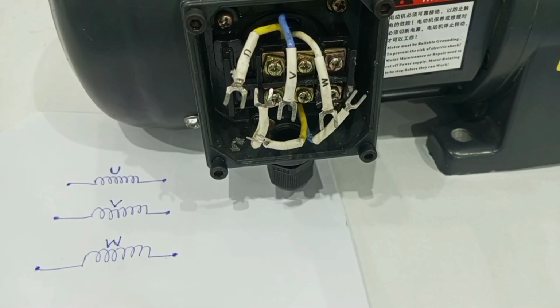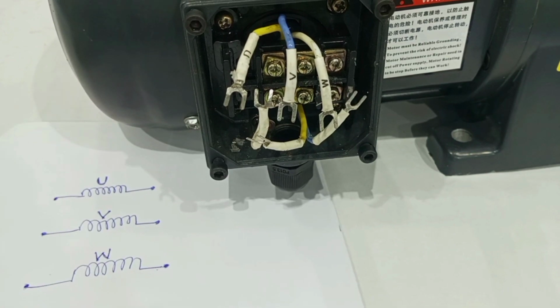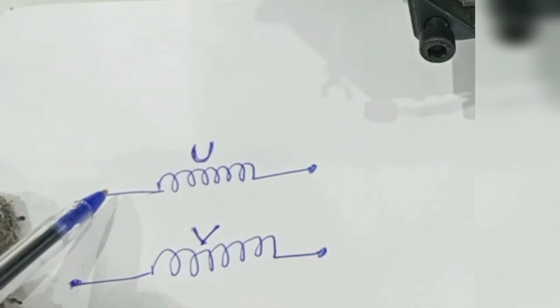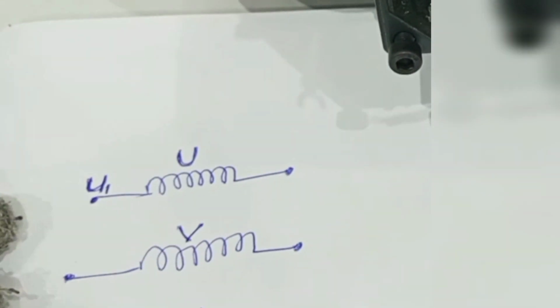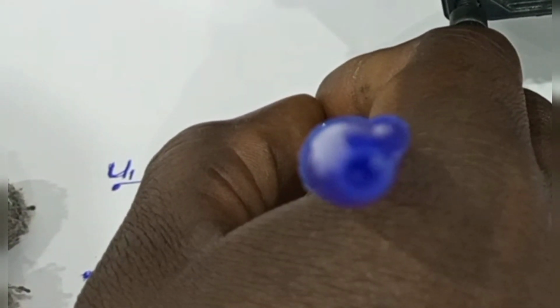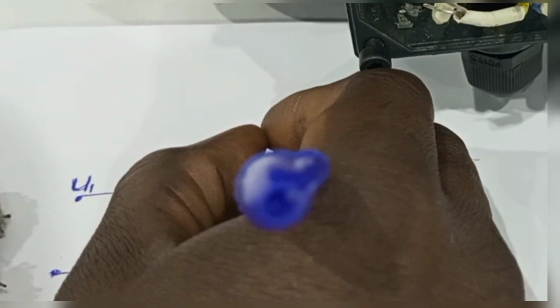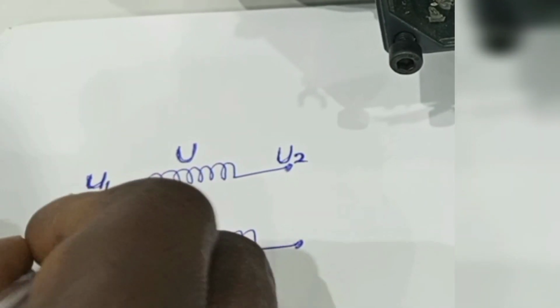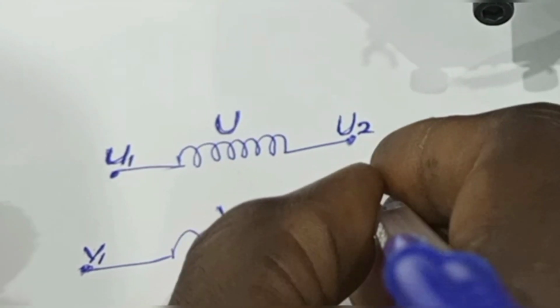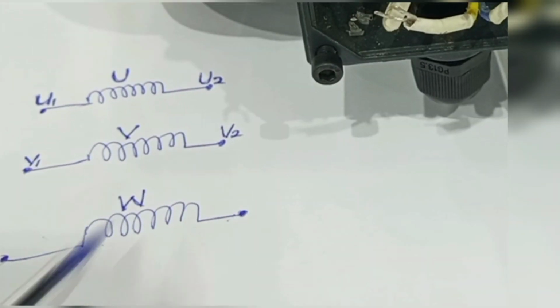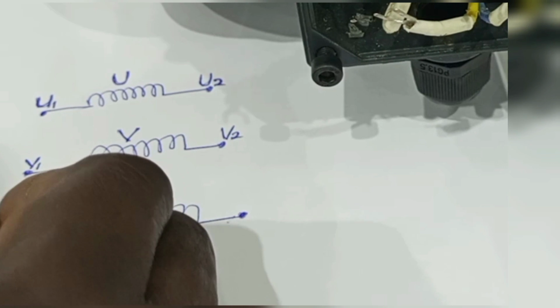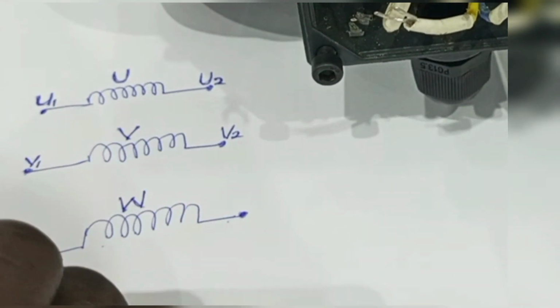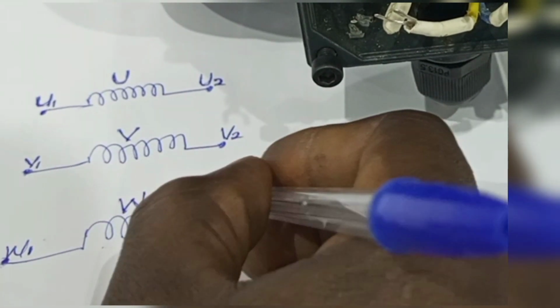All right. Now let's look at the diagram I have here. Here, the starting point of this winding U will be labeled U1. So this is U1. And then the finishing point of winding U will be labeled U2. Then when we come to winding V, we have V1 as the starting point and V2 as the finishing point. Then the same way for winding W, we would have W1 as the starting point and W2 as